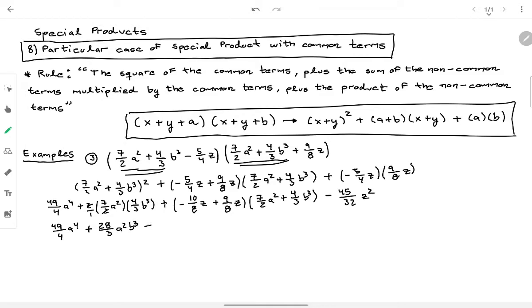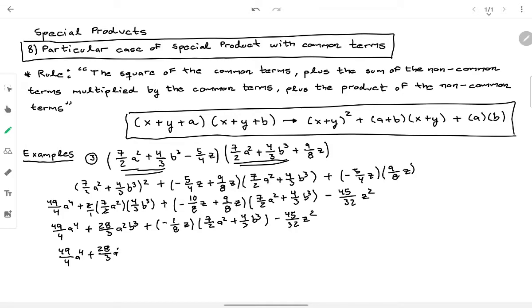Then it's going to be minus 1/8 of c, that will multiply 7/2 of a squared plus 4/3 of b cubed, minus 45/32 c squared. So we need to continue with this one, and it's going to be 49/4 a to the 4 plus